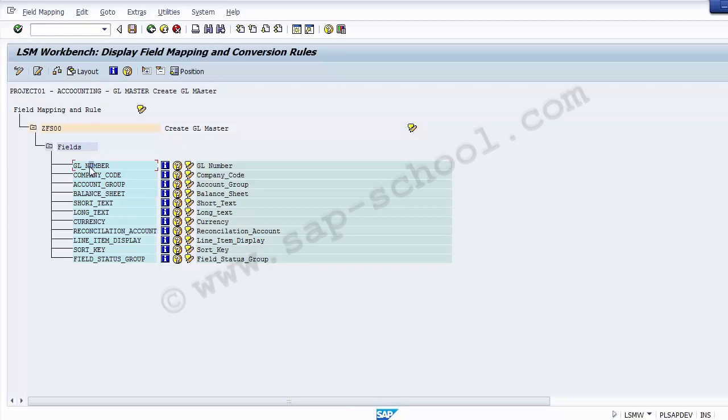All fields of all target structures which we have just selected in the previous step will be displayed over here. As you can see, the different fields we have just defined in the table are displayed to you. For each target field, the following information is displayed on your screen. If you go to the field description, a number of different things are over here. One is termed your field documentation, another is your